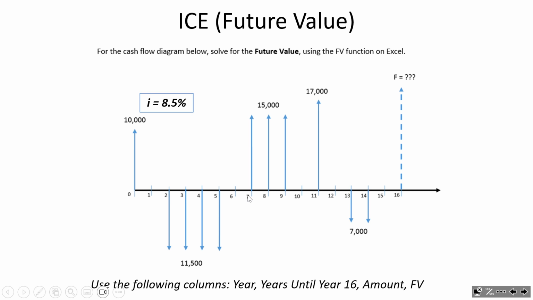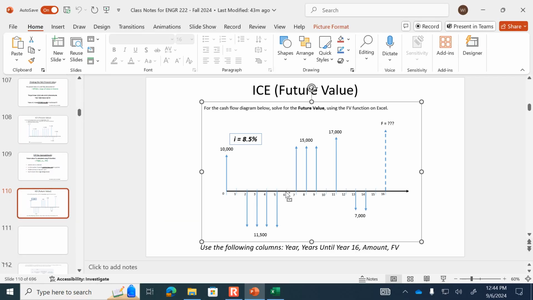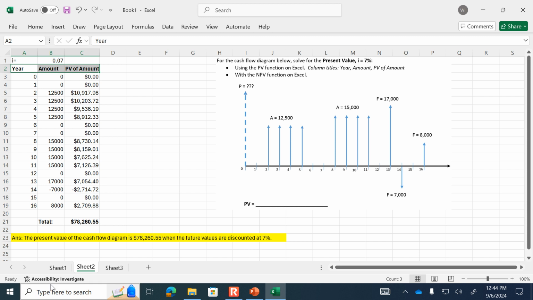How many years apart is that? It's 14 years apart. So if I said find the future value of this and I told it 2, it would only take it 2 years into the future. I need it to take it 14 years into the future. And so then that's why when we're creating a solution in Excel for this one,